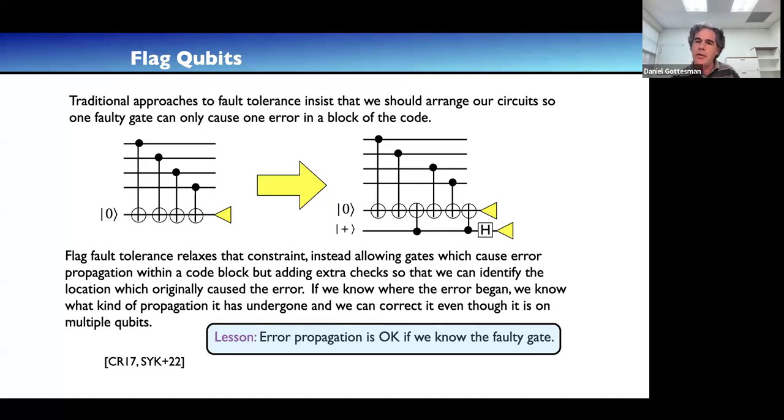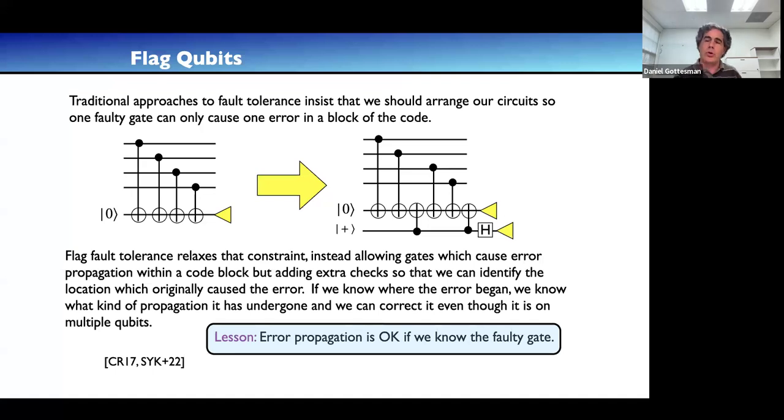And so if we combine the extra knowledge that we've gained from doing this check with the flag qubit, that's why it's called flag fault tolerance, with the existing information we have about the errors from the regular error correction procedure, it turns out that it's okay to have an error in the middle of the ancilla that propagates badly, because we're able to identify that error, even in the context of other possible errors that could have occurred.